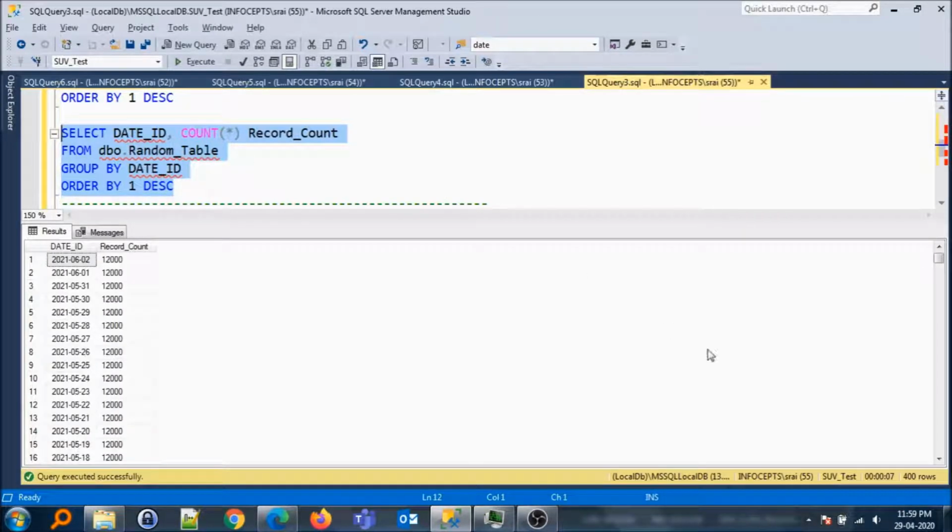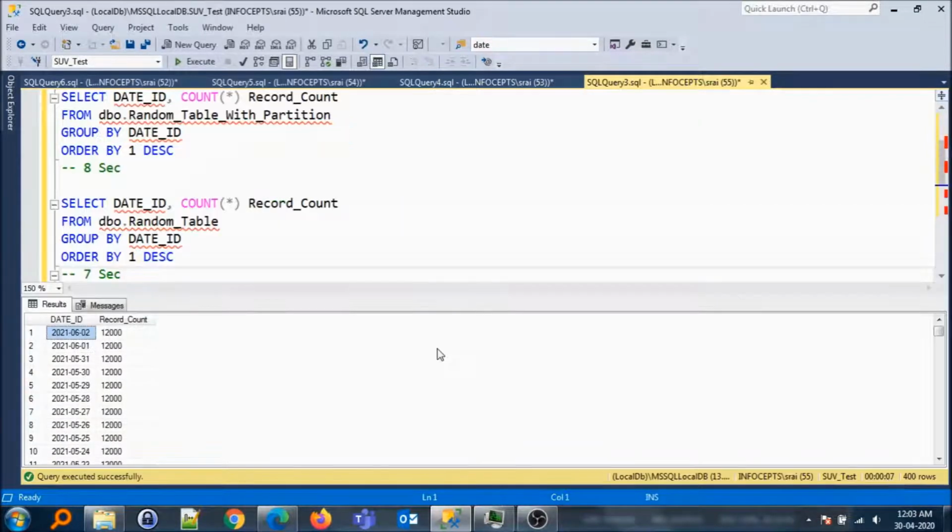You will notice that it takes about 7 seconds to respond, which is, as a matter of fact, 1 second faster than what it took for the partition table, but more or less we can say that it's the same. If you look closely, both the queries that we executed just now responded with their results in about the same time.